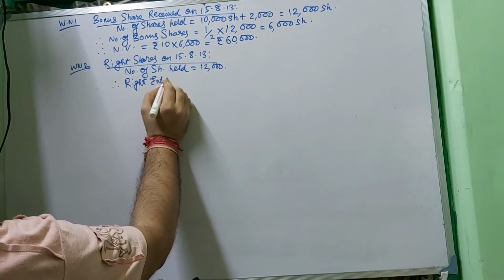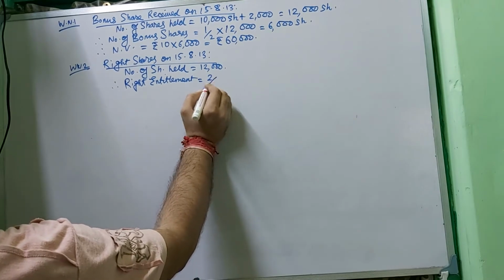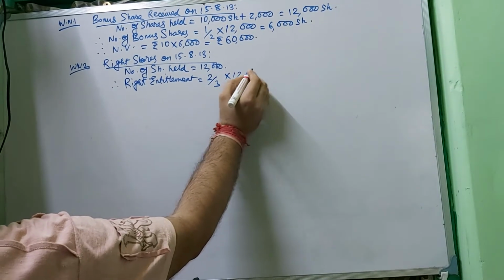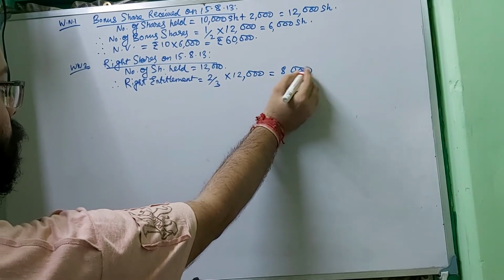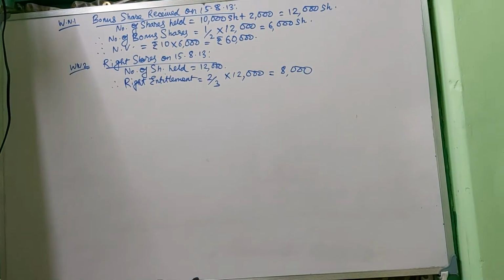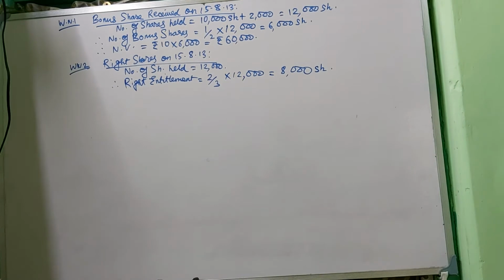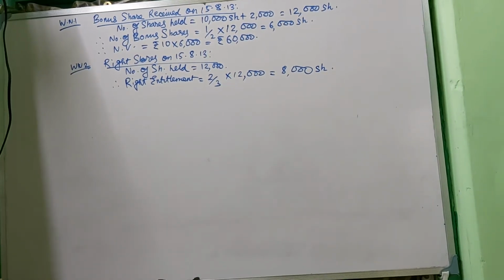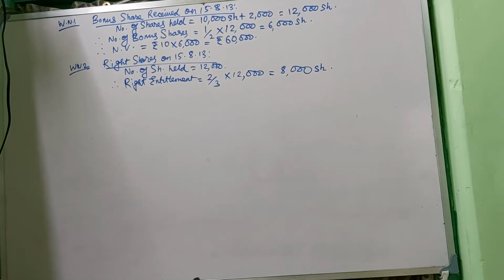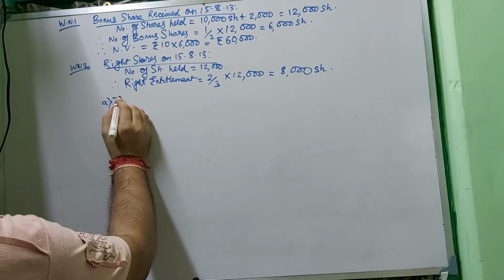Right entitlement 2 for 3 shares, 2/3 into 12,000. This is 8,000, I guess. 8,000 shares, right? Acha. What has been taken by X? X Limited has been taken at a premium of 3. So therefore, it should be point number A, taken